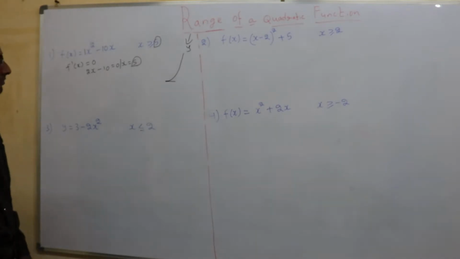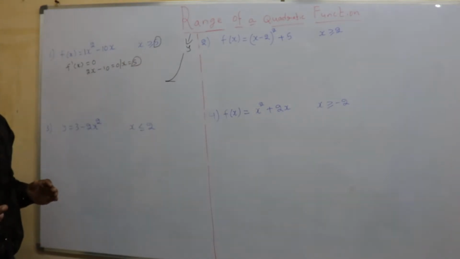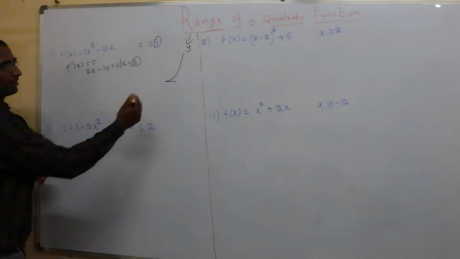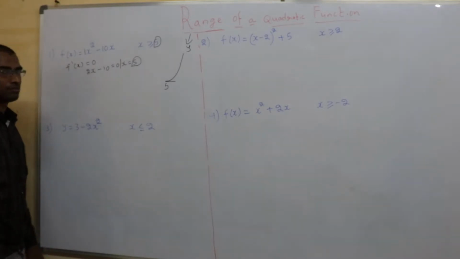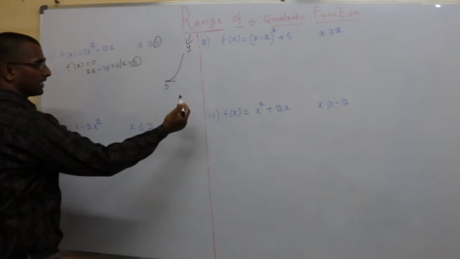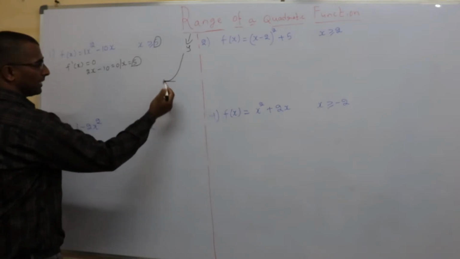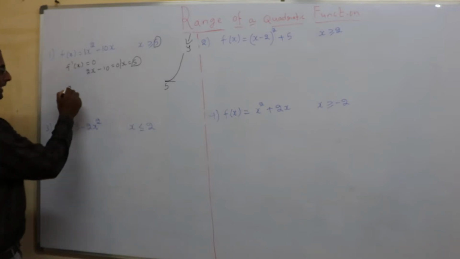Clear? You will see when these two values are not the same, then how to do it, you will come to know. As of now, my graph is in this way. This is the value for 5. I cannot decide the maximum value for y. I can say this will be the minimum value for y. How much is it? Let's place it.